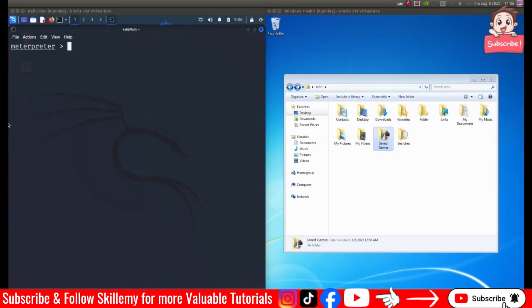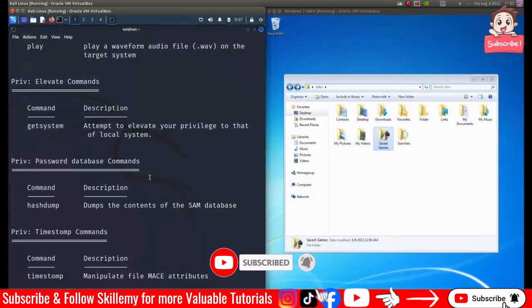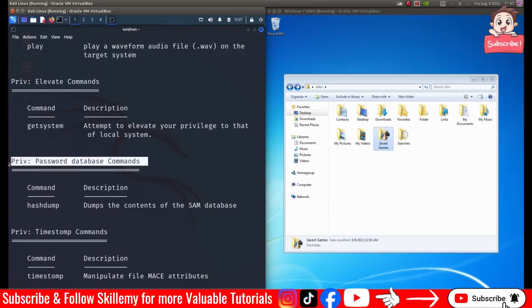Once you hack a computer, you'll likely have the Meterpreter shell. That is a command line interface where you can control the remote computer using commands. To list all of the commands you can do, just type the help command, and that lists everything you can do. So you'll see different categories here, for example, password database,